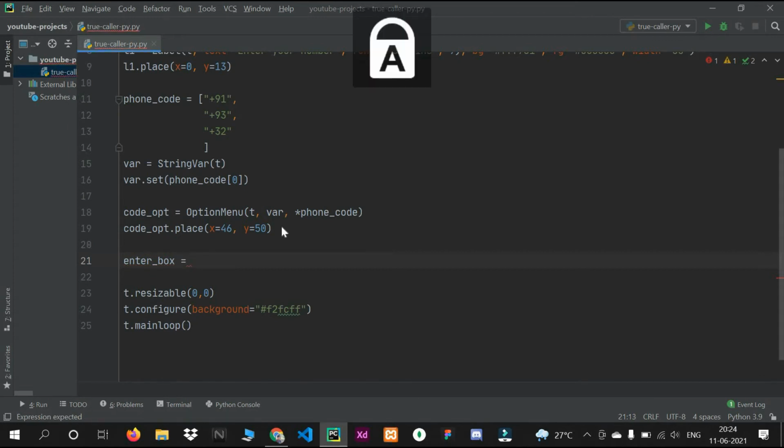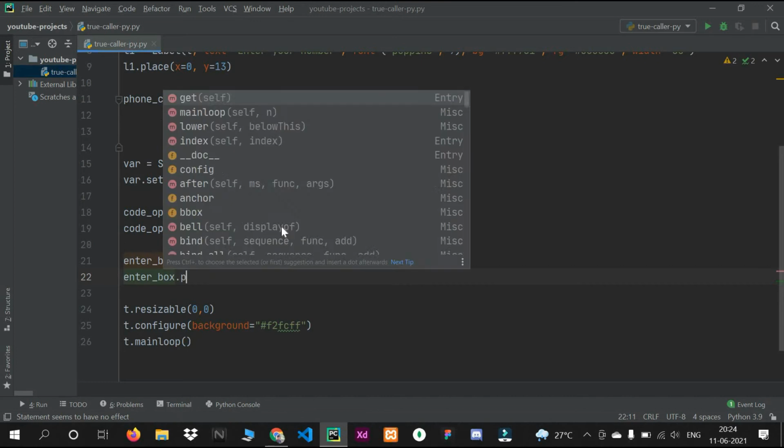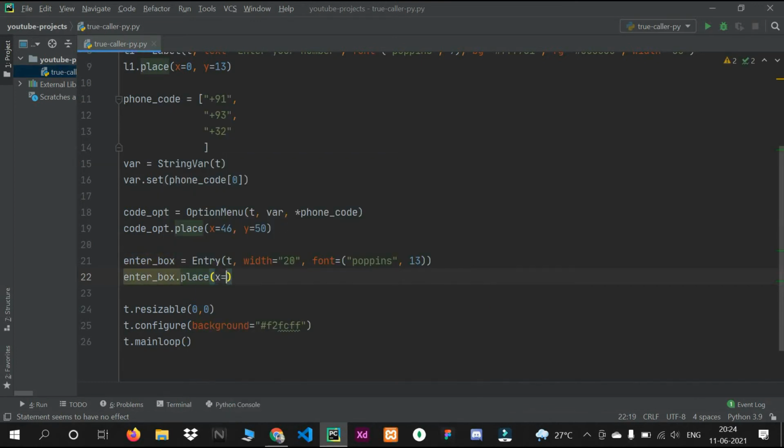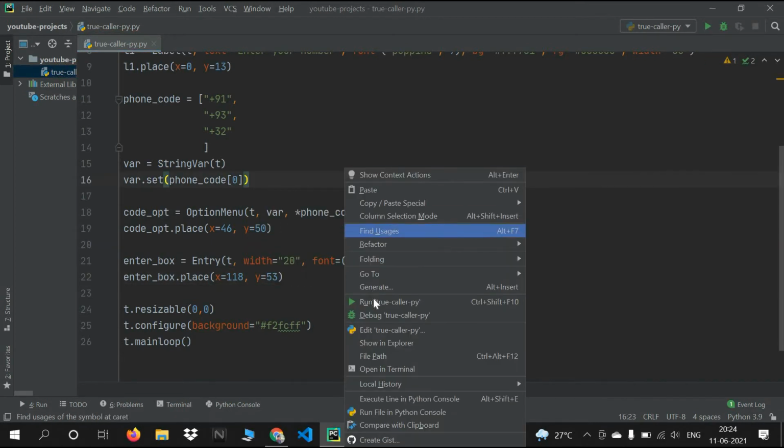For that we have Entry, pass the t, then width will be 20, and I also want one font, which will be Poppins, and font size will be 30. And then let's place that. Enter box dot place, x-axis will be at the point 118, and the y-axis will be 53.